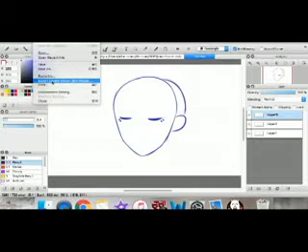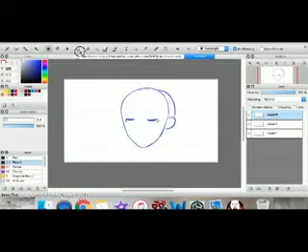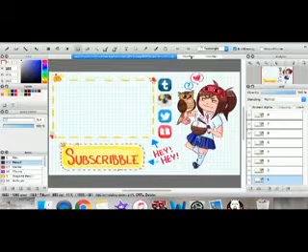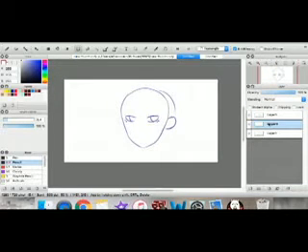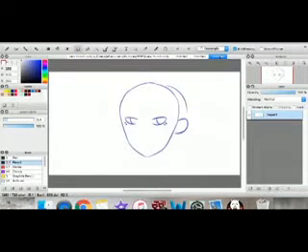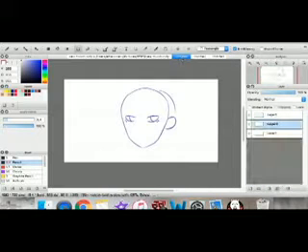So what this is going to do is save each layer as its own separate picture. You can do this manually by, let me show you, copying and pasting to a new canvas, and then copying and pasting again, so you can save it like that manually. But why would you do that if it already gives you the option to do it for you? So